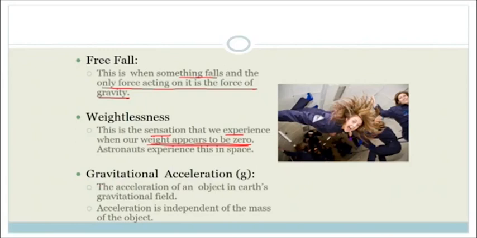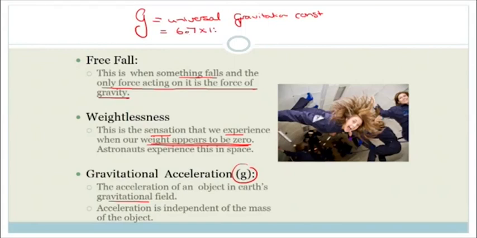Finally, the gravitational acceleration is the acceleration of an object in Earth's gravitational field, and this is little g, and that is very much different from big G. Okay, big G is called the universal gravitational constant, which it depends. Go look on your formula sheet, but at the moment I think the formula sheet says 6.7 times 10 to the negative 11. I say this because I was taught 6.67, but anyway, 6.7 times 10 to the minus 11, whereas little g